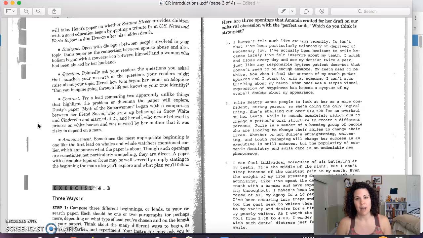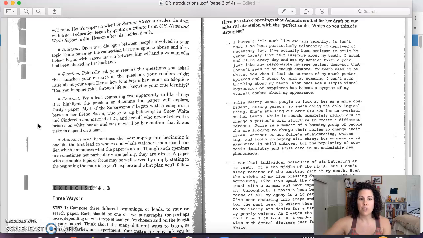And then the last one is the announcement, and that's similar to the bad one that we saw in the beginning. The announcement is just like, this is what this paper is about. You see these oftentimes, I think, in the TED Talks that I watch. Oftentimes they're like, this is what I'm going to be talking about, and this is why I'm so passionate about it, and so on. So the announcement unto itself is not necessarily bad. And sometimes with a very complex topic, it can work really well.